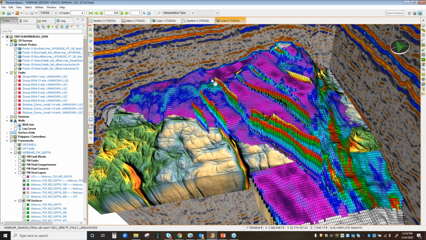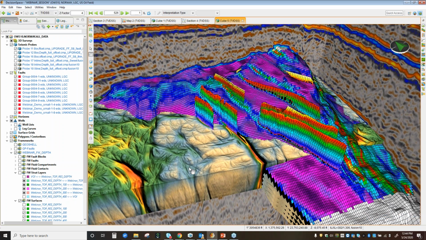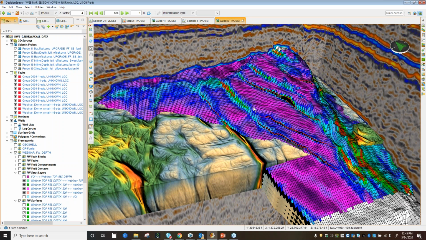All 1, 2, 3, 4, 5, 6, 7, 8, I think 10 faults I created from those geoanomalies in less than 5 minutes, and brought them into GeoProbe, to DecisionSpace and in OpenWorks. I have used those faults to create these